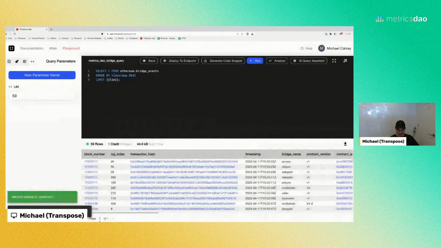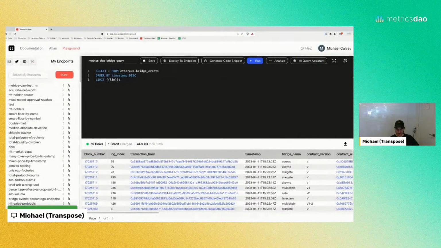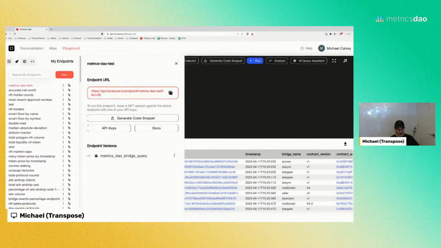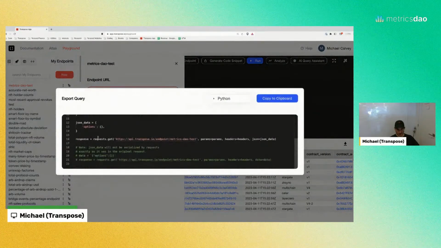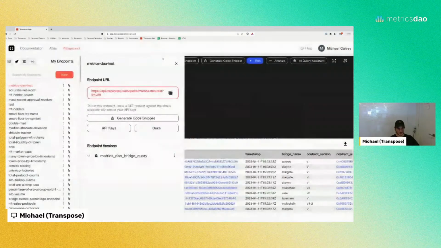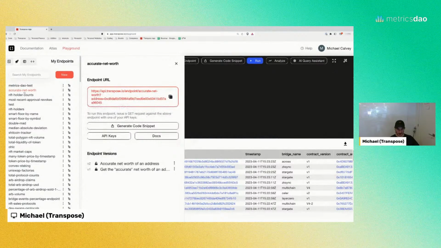And then we're going to deploy it. Fantastic. And so then we go into our endpoints. You can see at the top here, we have our new endpoint. Super simple. You can copy that or call it directly with a GET request now instead of a POST request, so you don't need to pass a body. Super convenient, even easier to use in your code than the SQL API, and it lets you keep track of